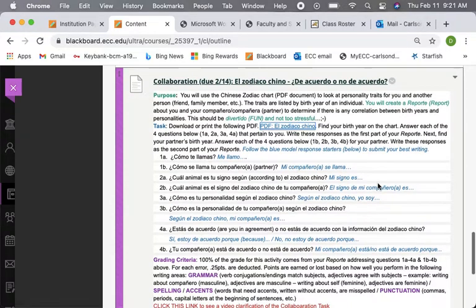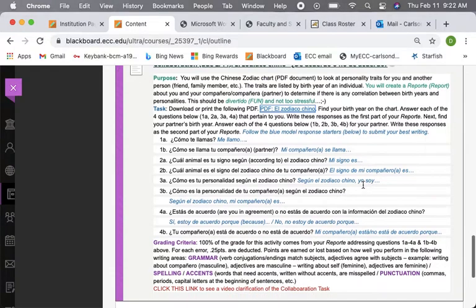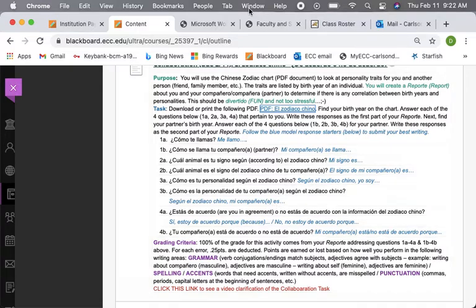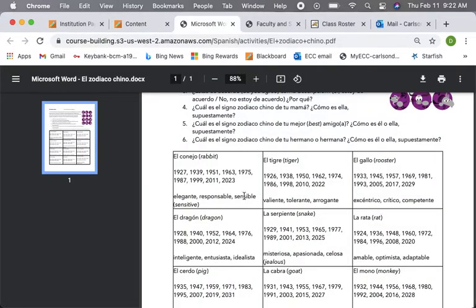Give their name. ¿Cuál animal es el signo de tu compañero? El signo de mi compañero es. So now you're writing about a third person, right? So you're not answering I, you're writing about he or she. ¿Cómo es la personalidad? Según el zodiaco chino, mi compañero es. And then once again, you're going to list those